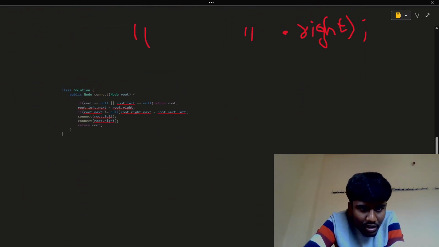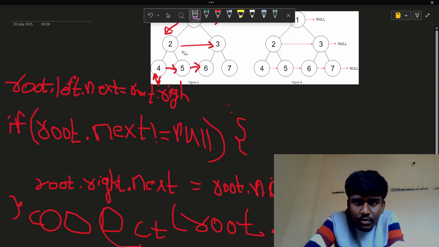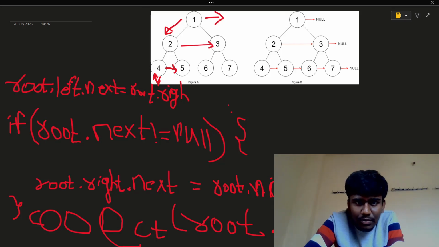Then connect equals root dot left. So we'll go and make the root 2. And now for this case, this is the root, and we'll do root dot left dot next equals root dot right. So these are being connected and not this one. Let me erase that. This isn't the connection, that's a previous connection that I made. I need to erase that because we are moving freshly, and we have connected this one, and we need to check that if